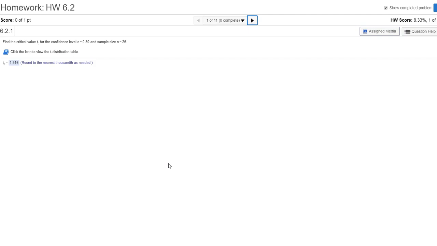Before I jump into the problem, I want to recap when we use the t-distribution. 1. When you have a small sample size, which is less than 30. 2. When the standard deviation of the population is unknown. 3. When the distribution is approximated to a normal distribution. These are the 3 conditions you have to know as to when you use your t-distribution. Having said that, jumping right into the problem,